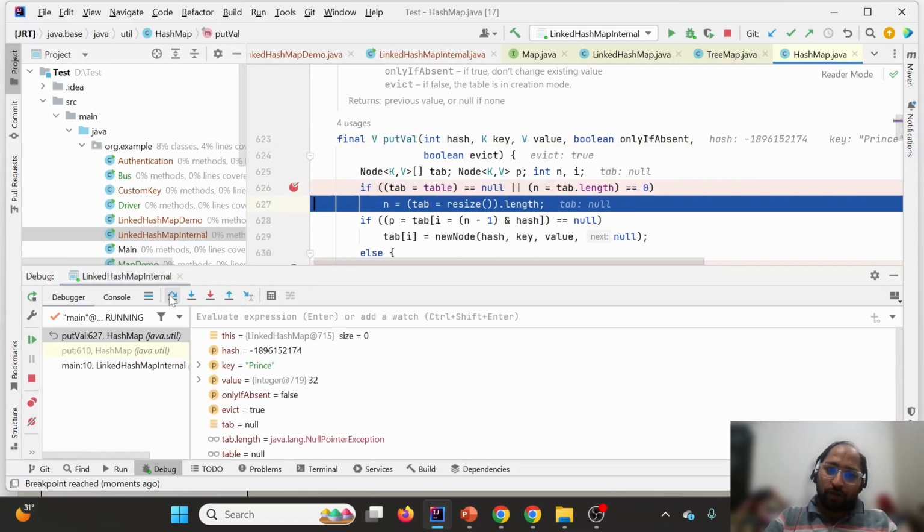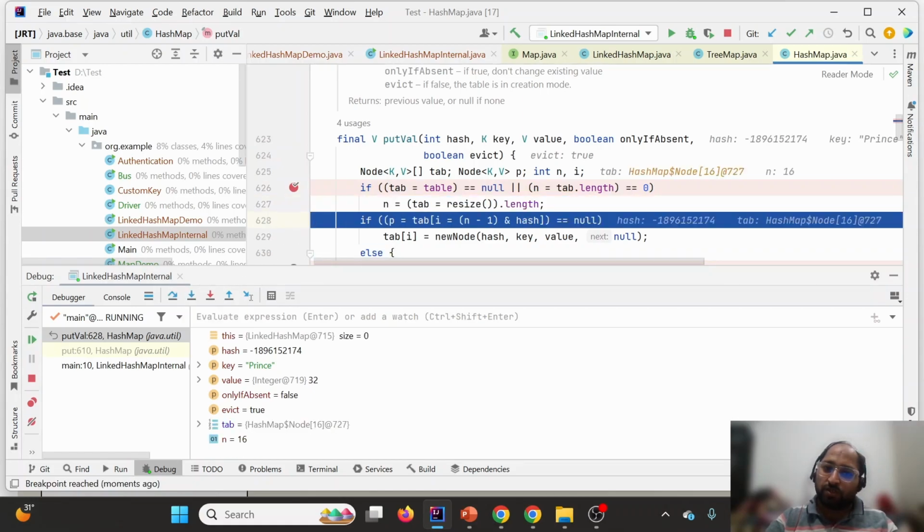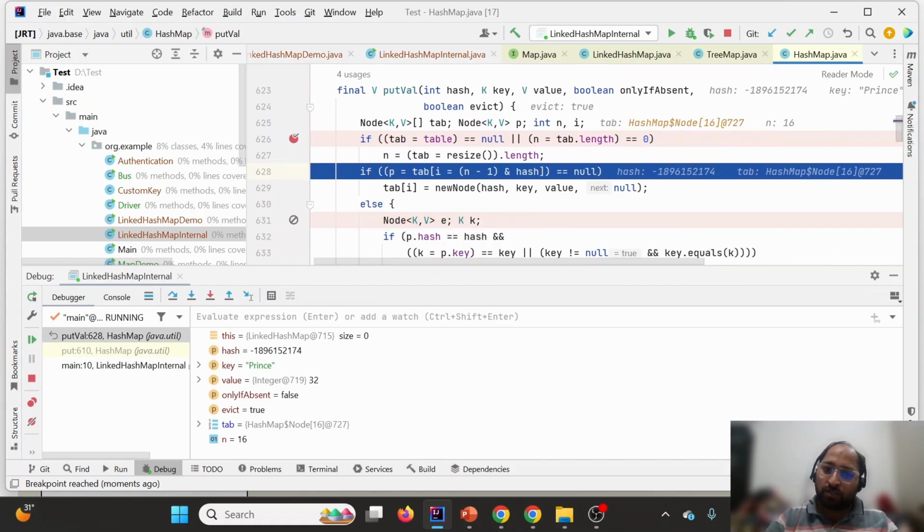First of all, they are checking the capacity of the map, which is 16. If I hover over n, which is line number 627, the capacity of the map is 16. Now they are using n minus 1, so 16 minus 1 is 15.